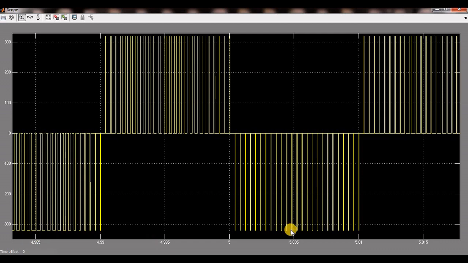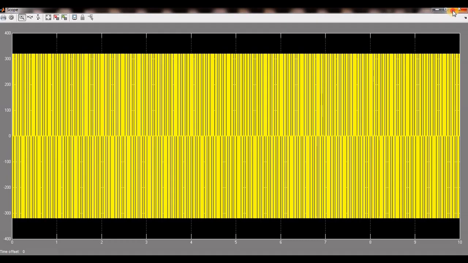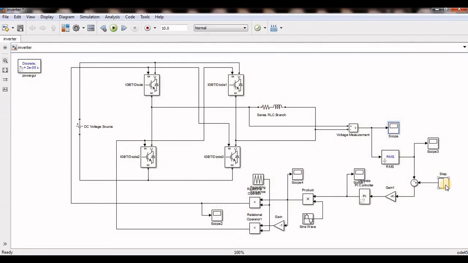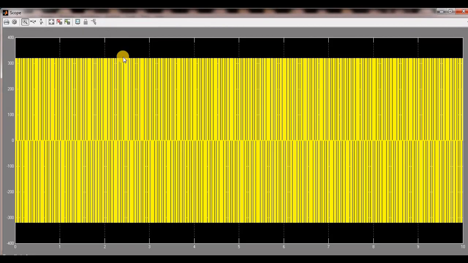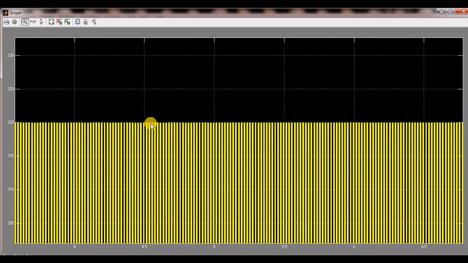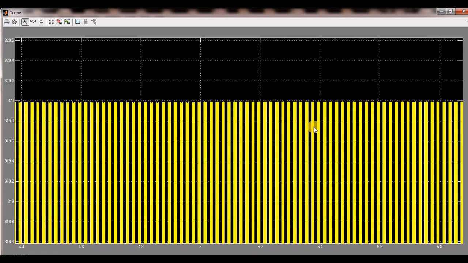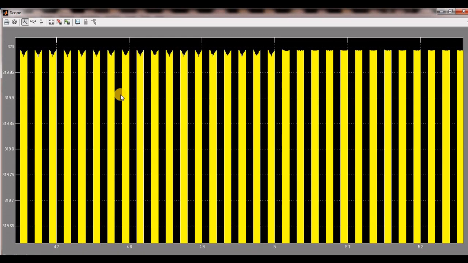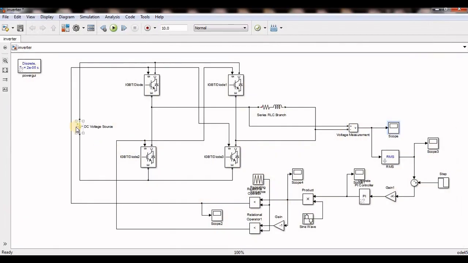Here it is more and here it is very less, because I am reducing my RMS voltage, but still my peak is the same. Whatever may be my RMS or whatever may be my modulation index, my peak is always 320, because my input is 320. So it is converting from 320 to AC, but AC RMS can be reduced by changing the pulse